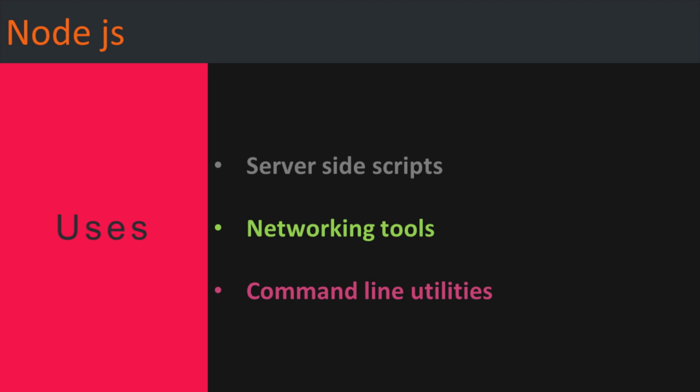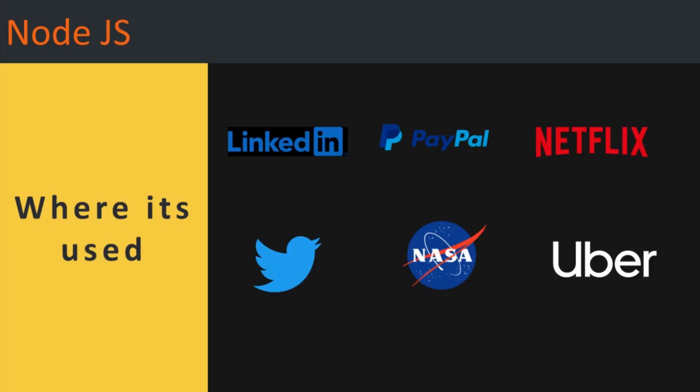When JavaScript started, it was only meant for browsers or client-side coding. After the release of Node.js, JavaScript is used to write even server-side scripts as well. Also, it can be used to create networking tools and command line utilities. This has paved a way to use a single language in multiple areas, and paved a way for a JavaScript everywhere paradigm. There is a huge user community for Node.js.